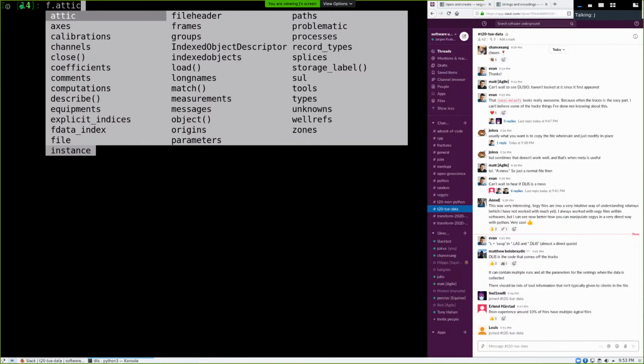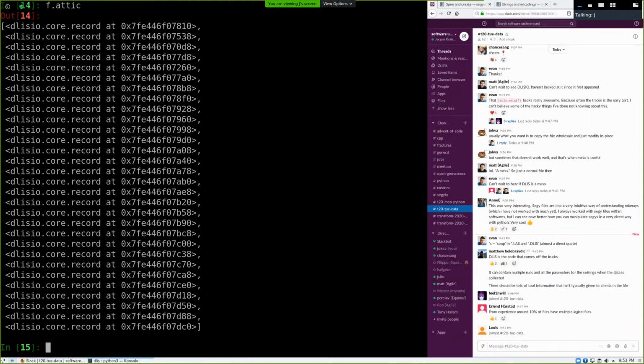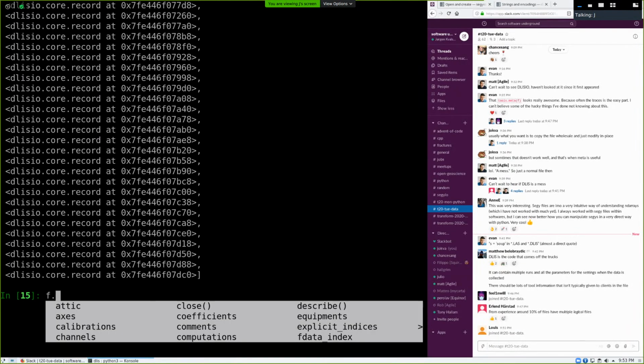But we have this one special member called attic. End users shouldn't have to care too much about this, but I want to show it now just to emphasize this dictionary structure, because this is the Python equivalent of what this looks like on disk. Actually, this is a terrible example because this actually has them linked. So that was,